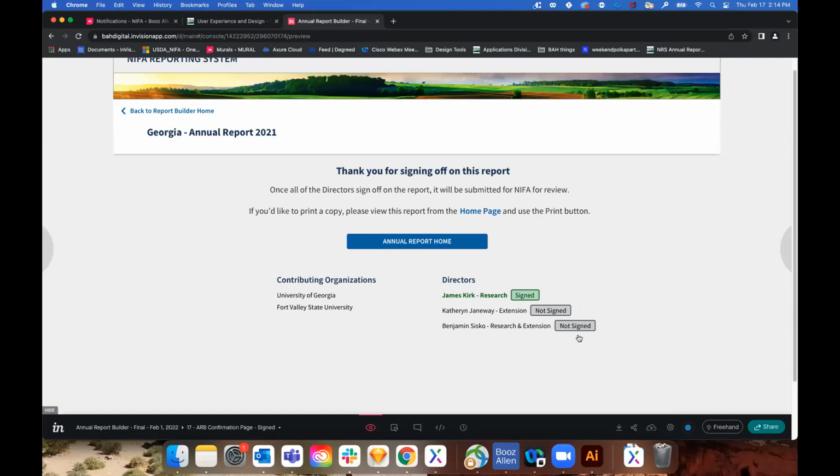And so whoever that last person is that signs it, that's when it will get officially submitted. So you'll get this nice little confirmation page of good job. And we know that everybody wants to be able to print out a copy of this report. And so that can be done not from this section, but from a different section, which I will go to right now,